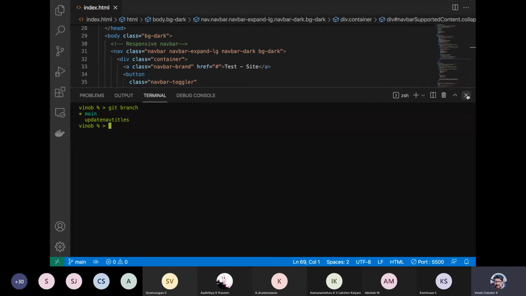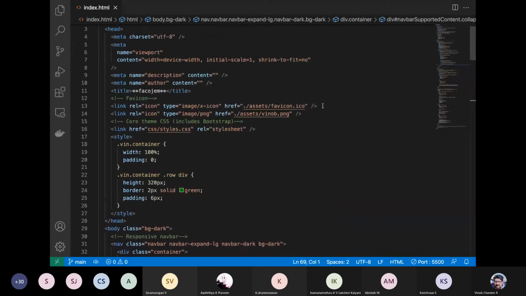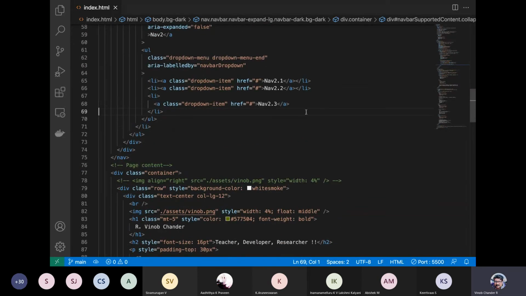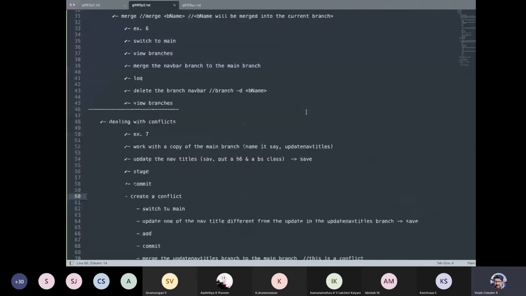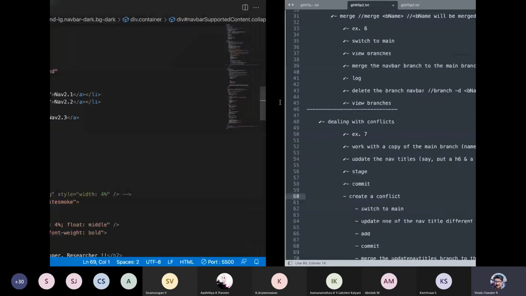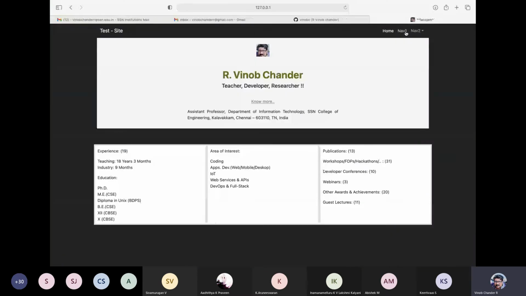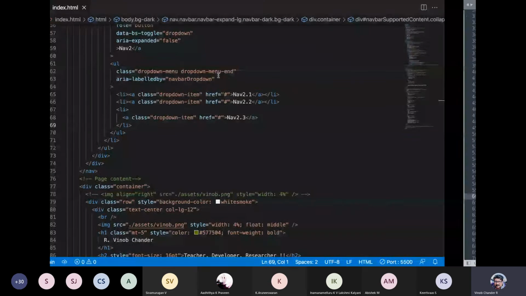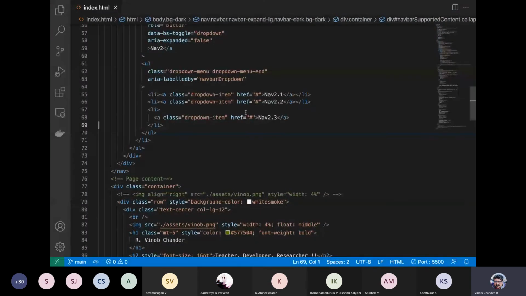So in the main branch, see this, in the main branch you don't have these particular things applied. Let us reload this. It is nav1, nav2, right? Again, it is test site, right? We had it as FACOGEM, right? H6 style. So it is not in H6 style now, it is a little bit lighter. Okay, so main branch is not reflected because we have not yet merged it.